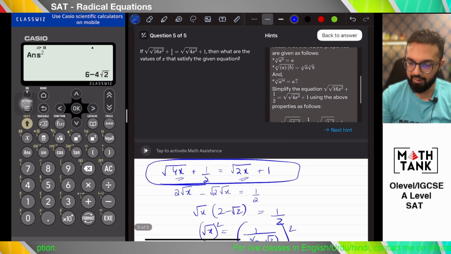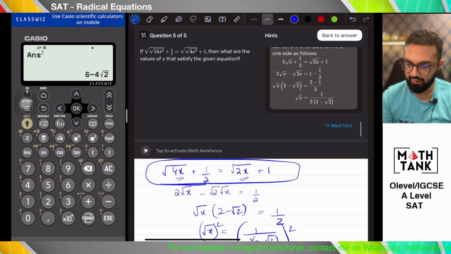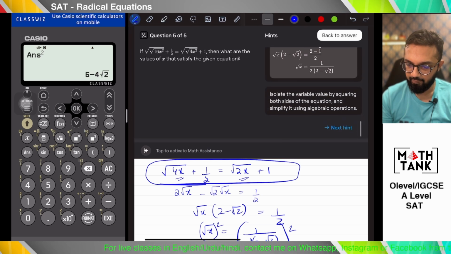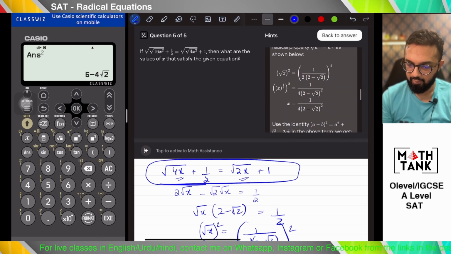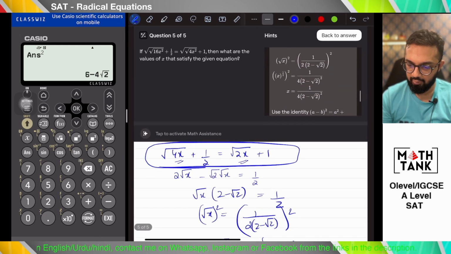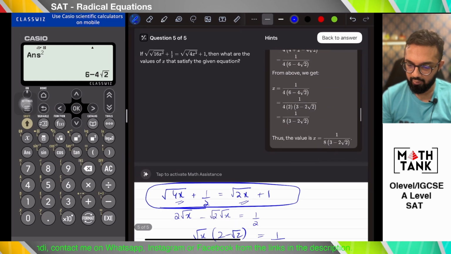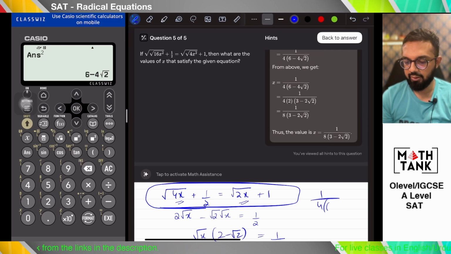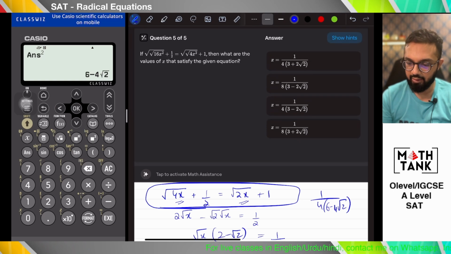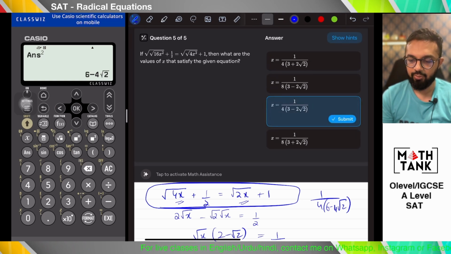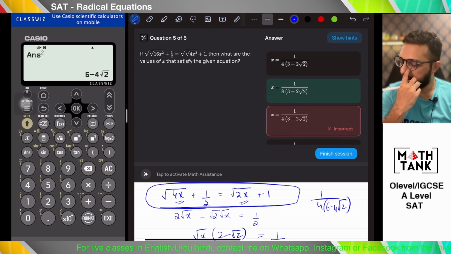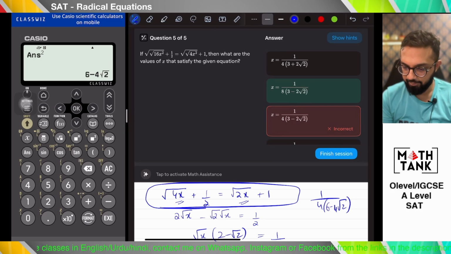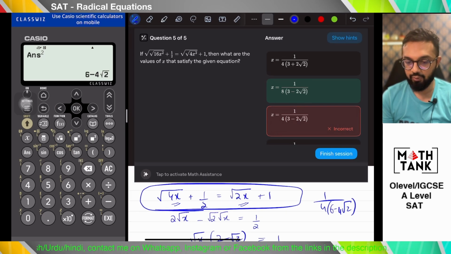Okay, I have to go back and check if I've still missed something. Okay, for 1 over 4, I've just not missed anything. It's just I haven't factored out. So I'm going to get 8 outside and 3 minus root 2 out. That should be the correct answer. Oh, okay, still messed it up. 1 over 8, not 1 over 4. Okay,